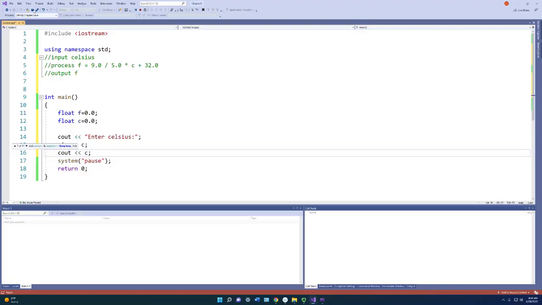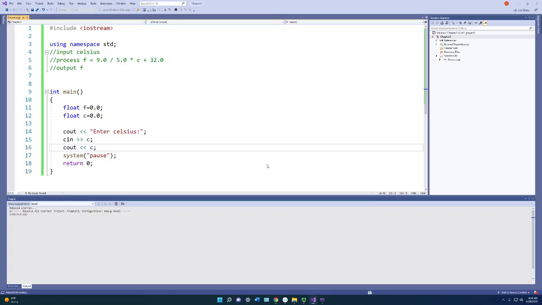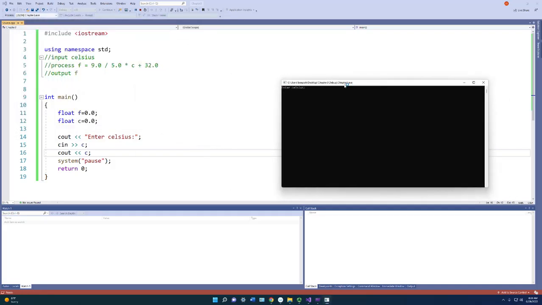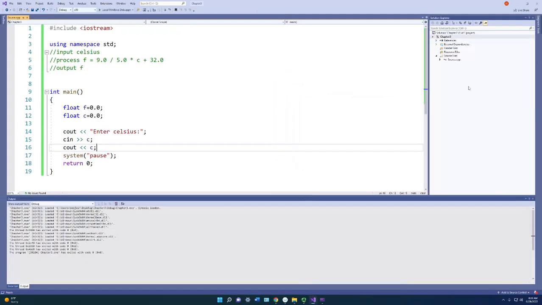That's simple. And what I'm going to do is I'm going to go ahead and rebuild. I'm going to stop debugging. Okay, and I'm going to run this. And I'm going to enter my Celsius. And there's my 56 printed back at me. Okay, now I'm ready for process. Well, what's my process? Well,